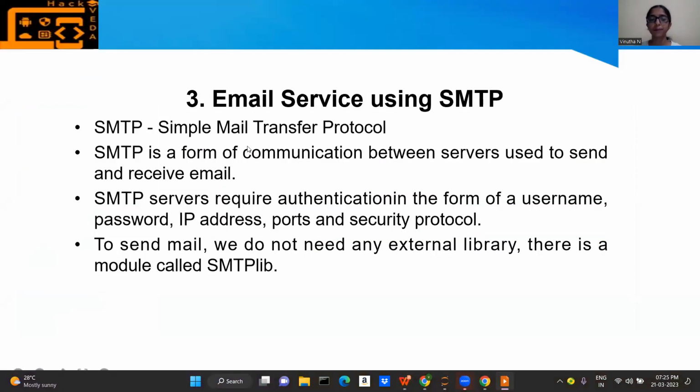Email service using SMTP. SMTP stands for Simple Mail Transfer Protocol. SMTP is a form of communication between servers used to send and receive email. As we know, email is a form of sending and receiving communication. SMTP servers require authentication in the form of a username, password, IP address, port, and security protocol. To send mail, we do not need any